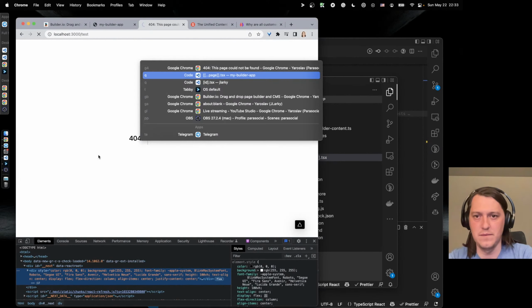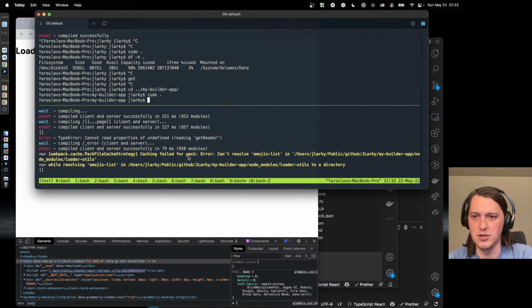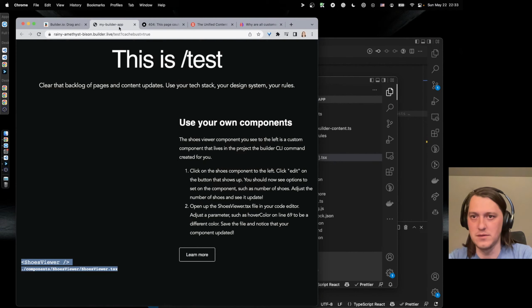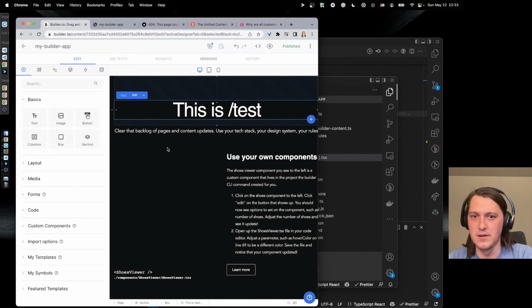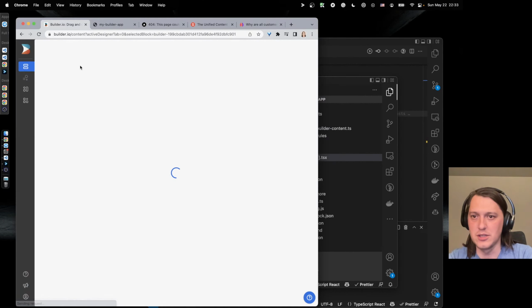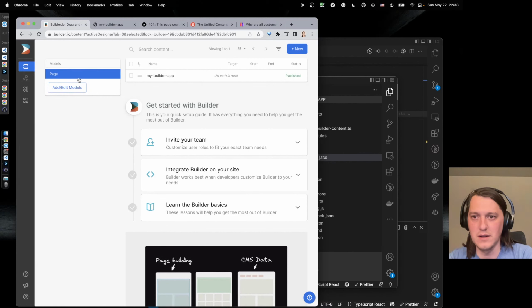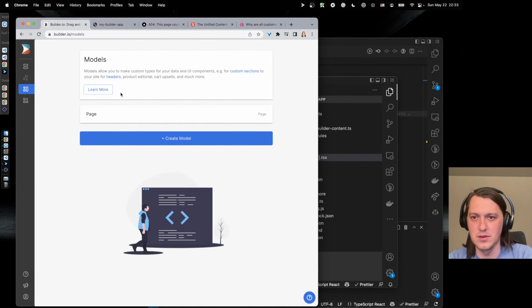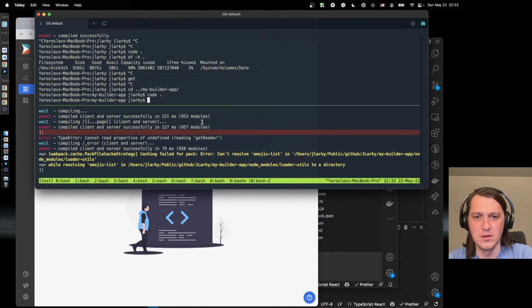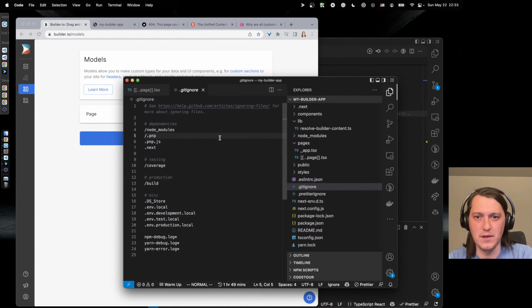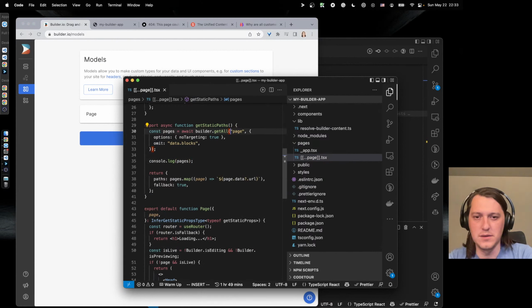So if I refresh here and I check here, okay, it's empty. That's why it doesn't resolve to the right stuff. So now the question is, why does it think that we don't have any pages? We have page and models. Yeah, that's interesting. Oops. So get all page, no target.